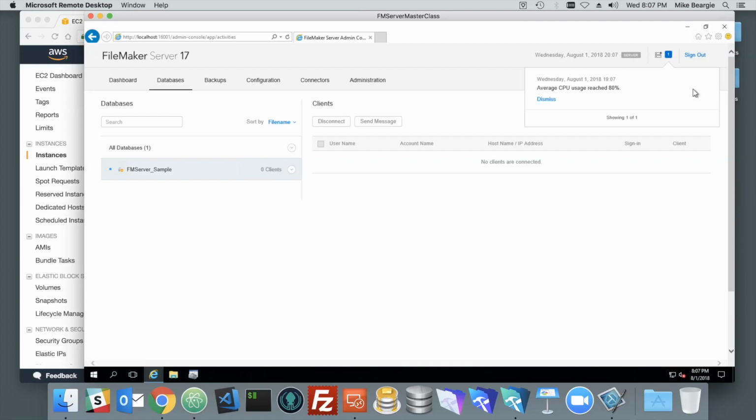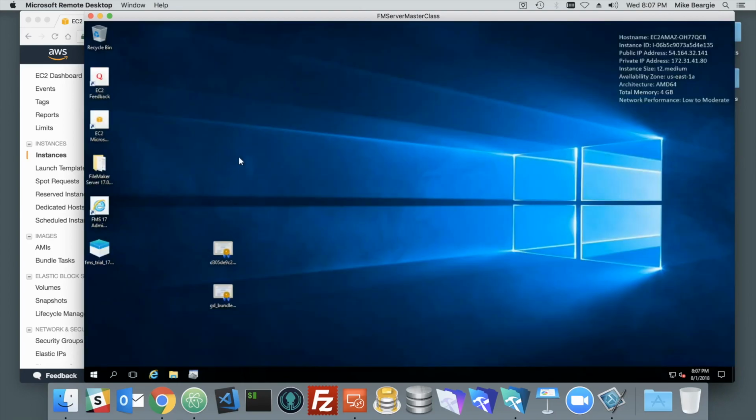Is there something here in the notifications that gives you maybe something has gone wrong? If you're not able to connect to the server, it might be a networking issue. So once you've worked it out and gotten to this point where you know that your server is working, one last step I usually take, but I can't do because I don't have FileMaker Pro installed here, is that usually I'll install FileMaker Pro on my server as well, so that I can validate that I'm able to connect to those files locally on the server, and that points to it being a network issue of somebody from the outside your network can't